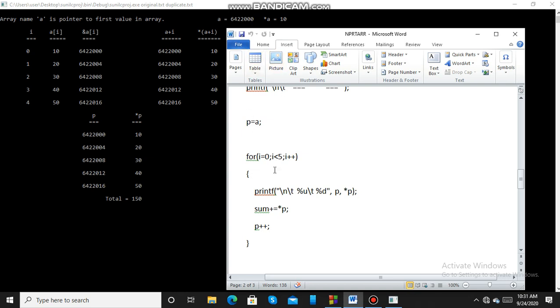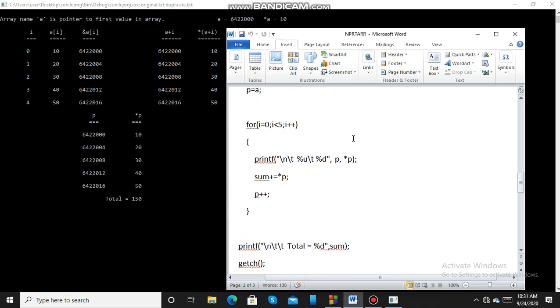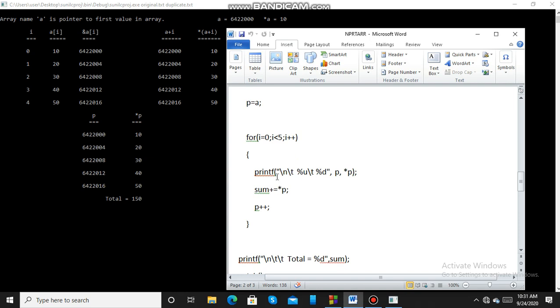I am entering the for loop here and printing the value of p and star p. Initially it is the base address, and after dereferencing p, the value is 10.